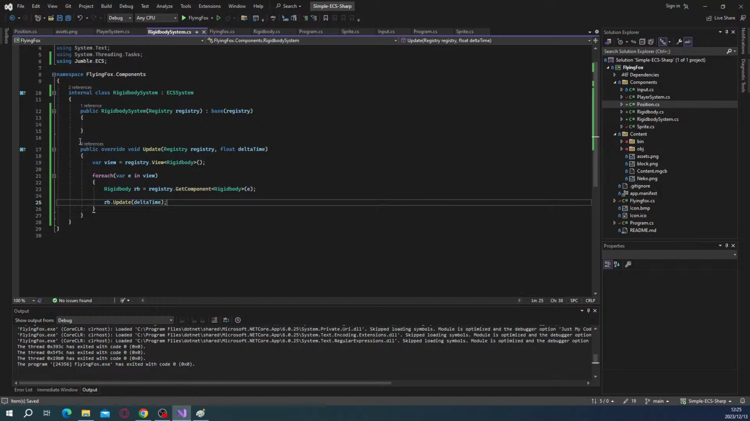Now, yes, Visual Studio says there are 0 references to this update function, but we know that we added it to the system manager class, and the system manager calls this update function when we created and added it to the system manager. So we can just go back to play system,